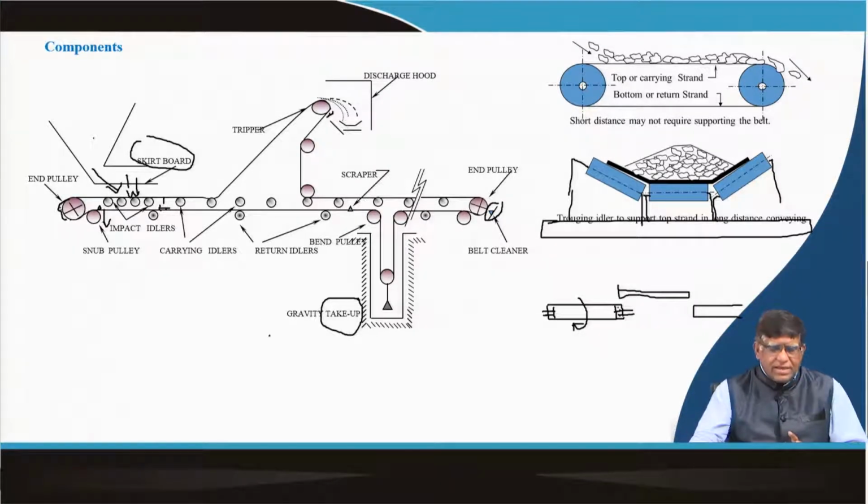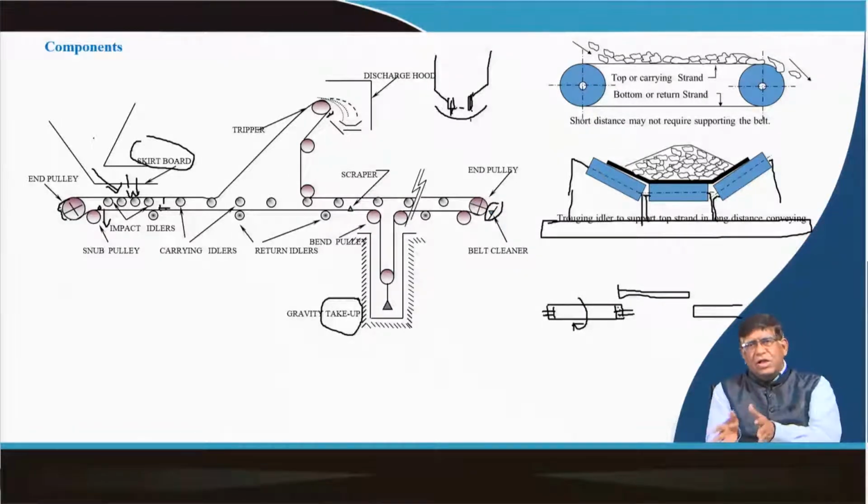Now, another word is written here: skirt board. Skirt board is nothing but the loading arrangement. In your conveyor belt, when this has to be loaded, your material is coming with that hopper, and you have something like this, and then you keep these portions like this, so that the material is guided and loaded over here. Now, this portion where exactly the material will be guided is called the skirt board. The job of this skirt board is to guide the material to the conveyor belt.